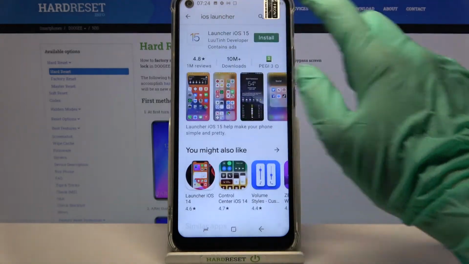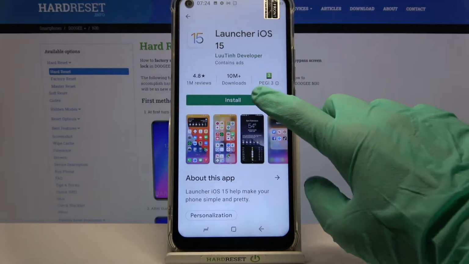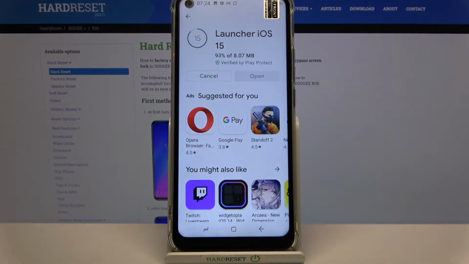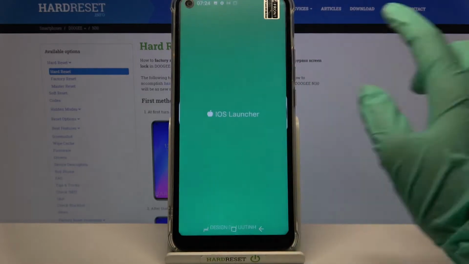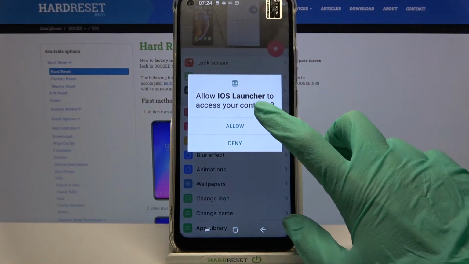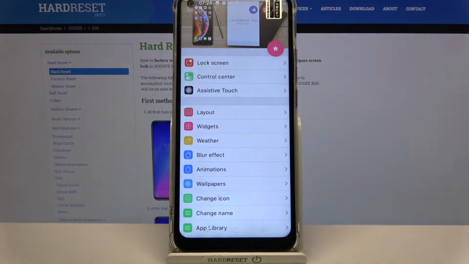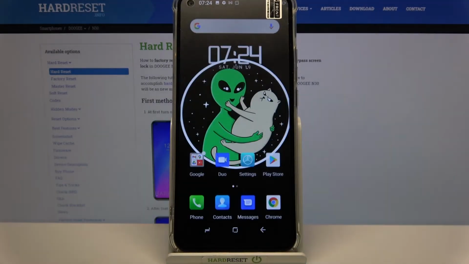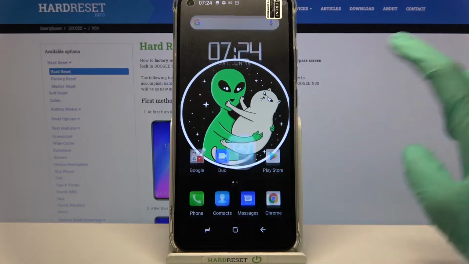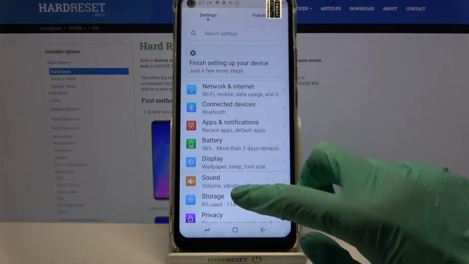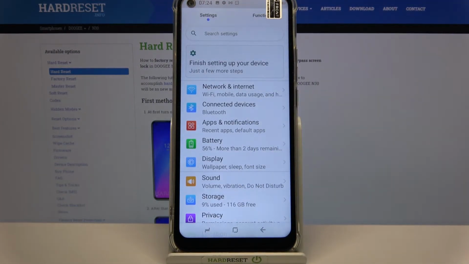Then download this free app from this developer and open it. Choose Allow and tap Home button. Then you need to go into device settings, choose apps and notifications,